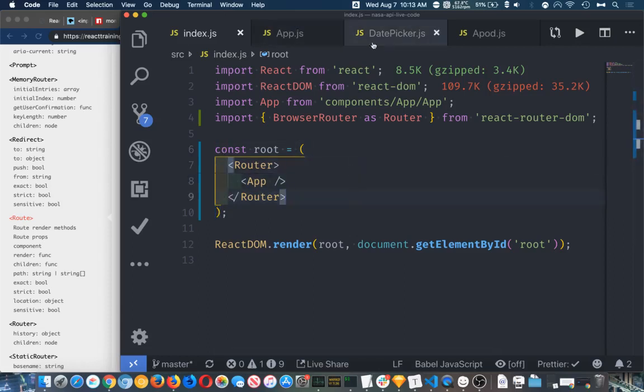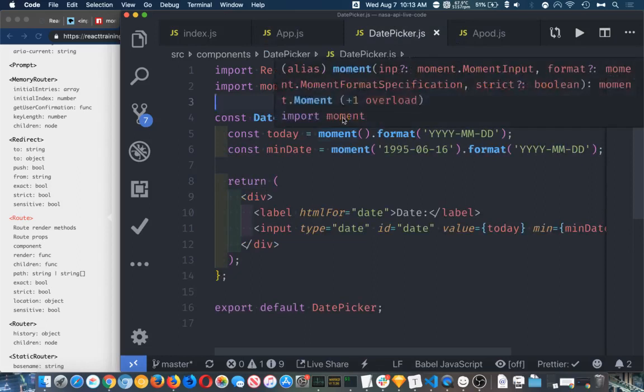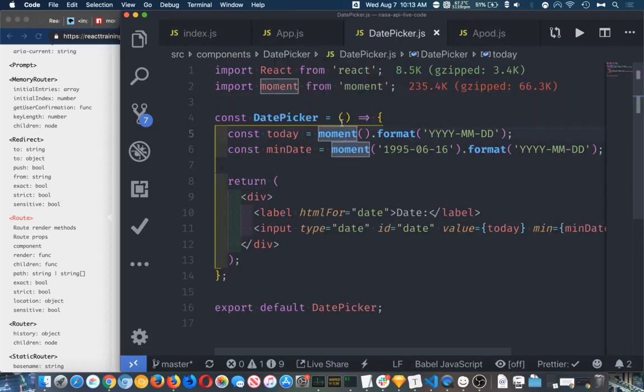All right. So in our date picker, what we want to do is